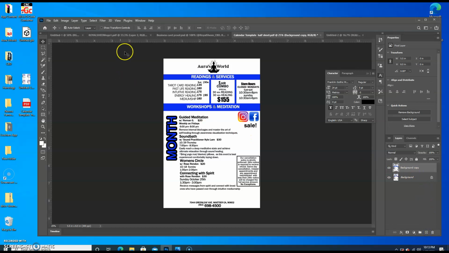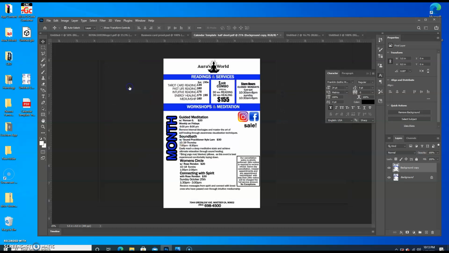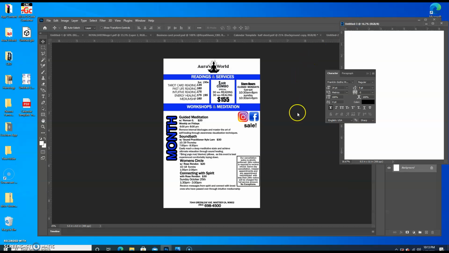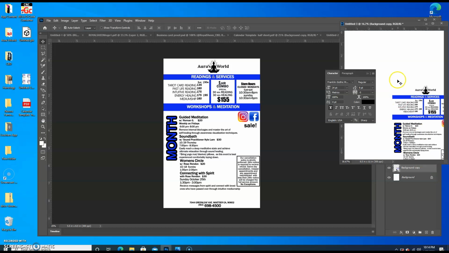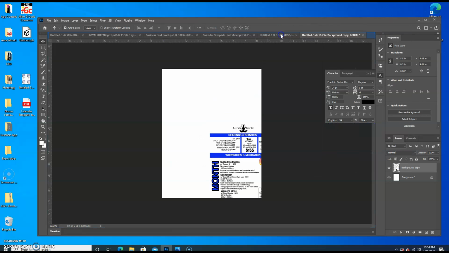There you go. And then open up a new, go to File, New, 8.5 by 11, Custom. Alright, there we go. So you have blank paper there, right? I like to detach it just to make it easier to drag it. Now, there's your new paper, right? You're going to click on this. Grab your copy that you just made from this one. Grab it, drag it, drop it. Now grab this, put it back on its home. Okay. So now you have this on this,